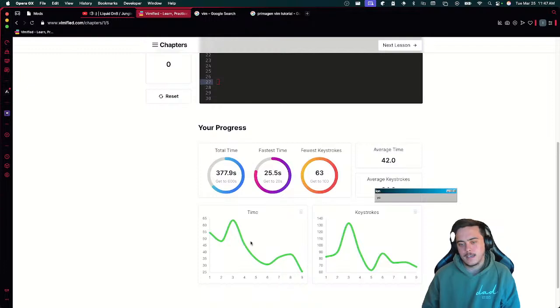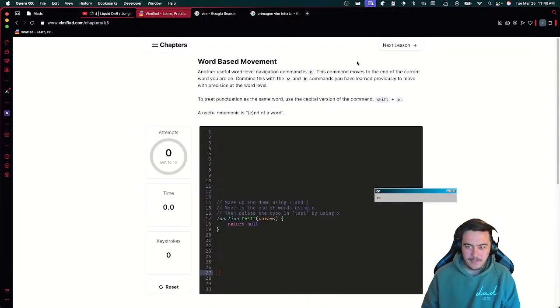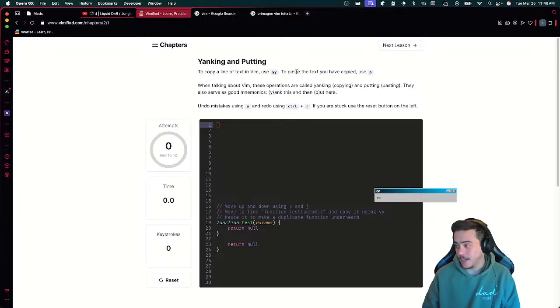You can see how much faster I got. I slowed down a bit, but I got faster. I did. It's pretty nifty. I only used the shift operator once, so that's kind of goofy. Yanking and pulling. I don't think I should be yanking and pulling much on live stream, but we're gonna try.